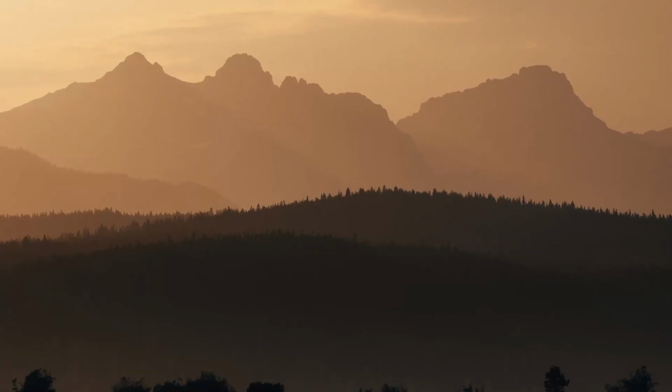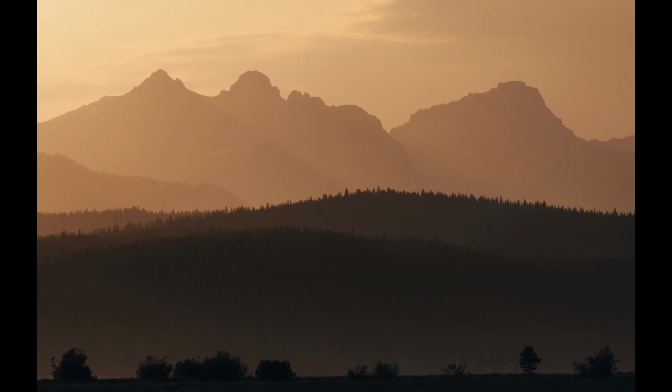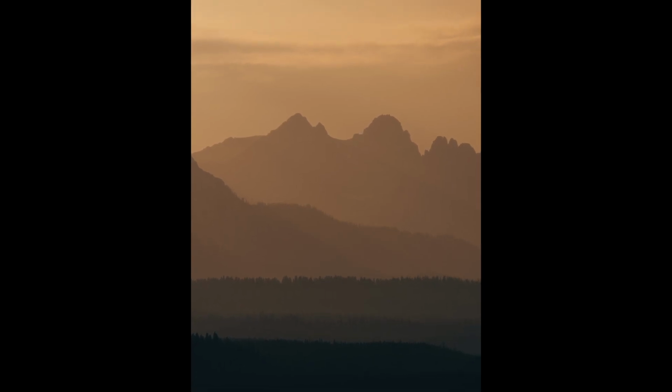And the light is just killer, like layer cake city, like what these mountains do. The light was just insane. So I'm shooting with the 70-200 off the side of the highway, and I'm like, all right, I'm gonna get up to this lake. So I get to this lake, and